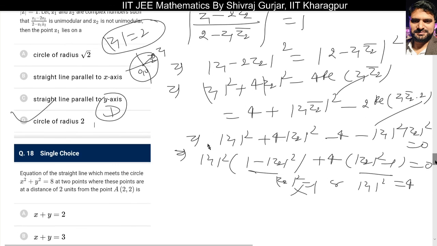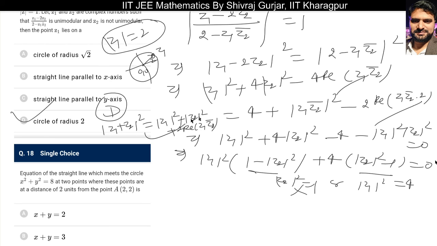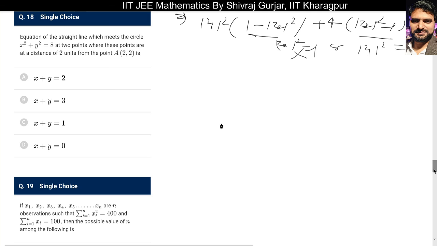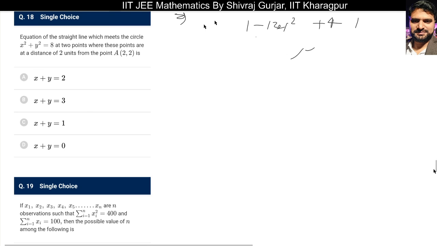The only thing which was useful here was the application of this formula: modulus of (Z1 plus Z2) square is equals to modulus Z1 square plus modulus Z2 square plus twice real part of Z1 Z2 bar. Okay, I hope this is understood. Let us move to next question. Question